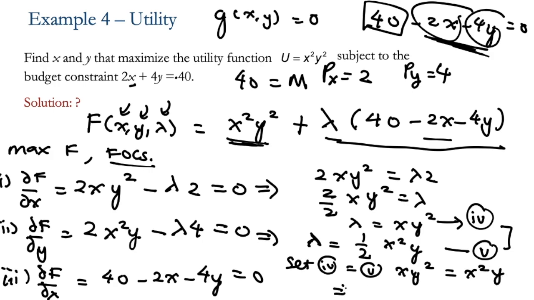Then you simplify it. Once you simplify, you're going to get y equivalent to x over 2. So this one, I call it number 6. What can we do with number 6 here? Because we have y equivalent to x over 2 as number 6, then I can